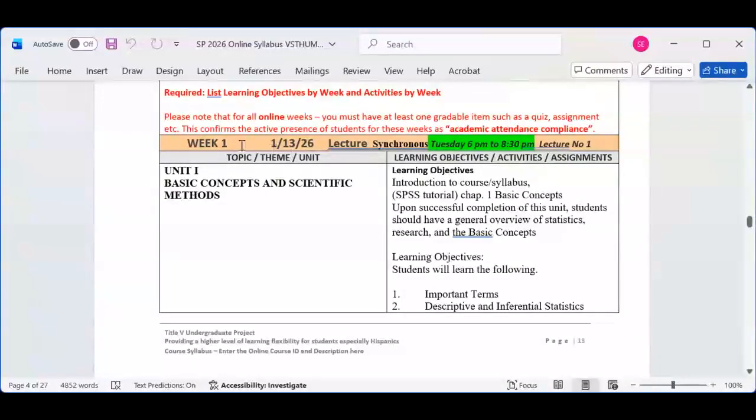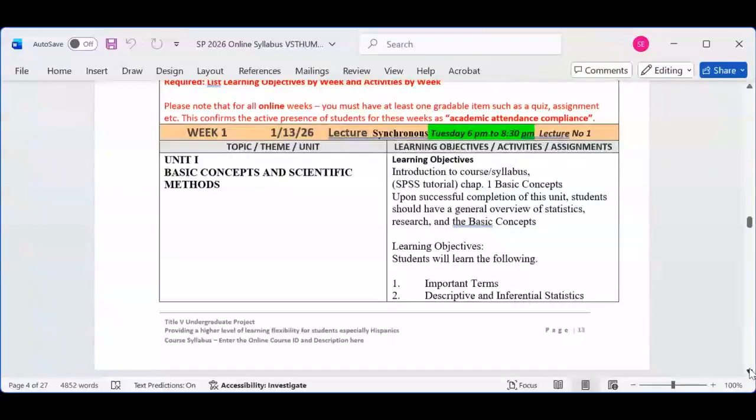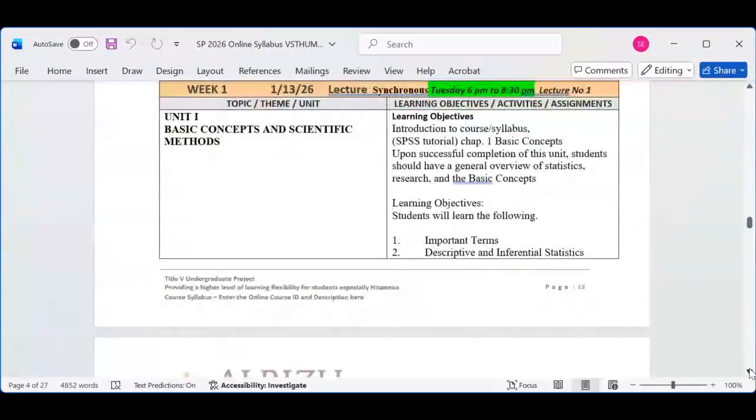And then you can see the color right there is pink, where it says week 1. That's the indicator of synchronous. That means it'll be live. But again, based on the previous session, I understand that most students are professionals. They work, they have a professional job, and they're unable to attend. If it's convenient for one, it's not convenient for the other. Therefore, I am recording every session, and the recorded session will be in Blackboard